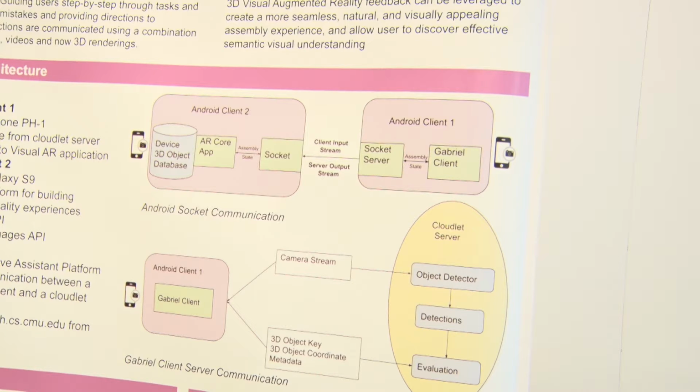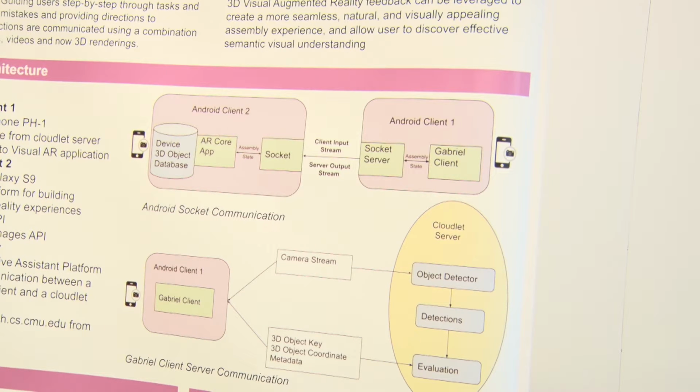As the second Android camera is recognizing the workbench, it'll then use the state that is currently being provided by the other Android device to give the state, and the state is going to inform which rendering to draw in real time. So if you have a tire and you're in a step in which you want to render a tire, you're going to create that 3D animation in real time as the user is also getting audio